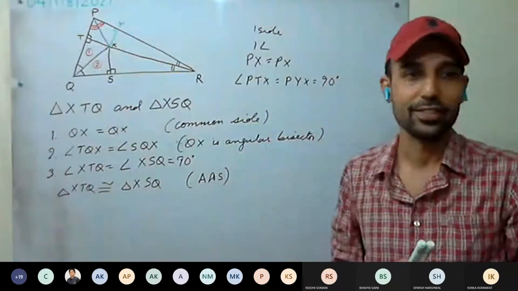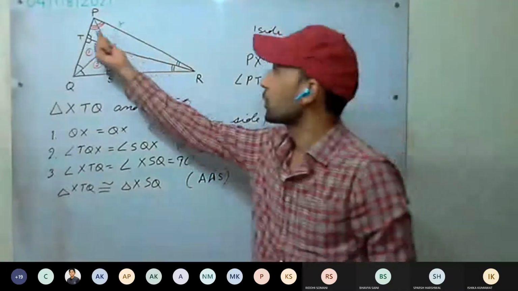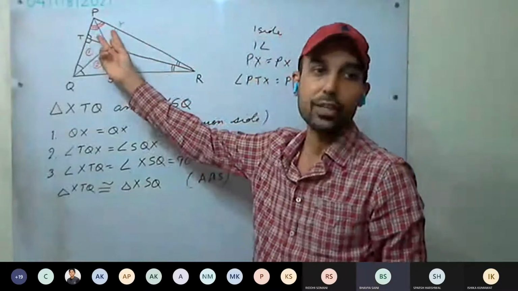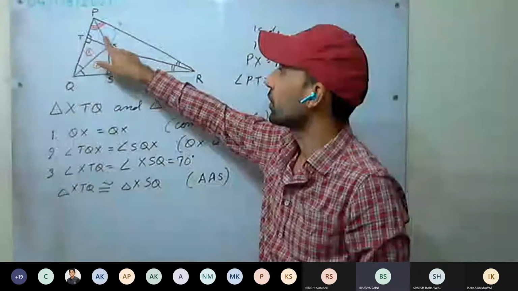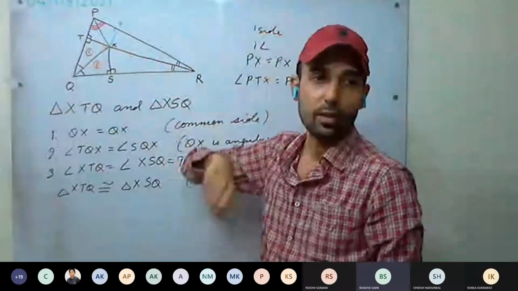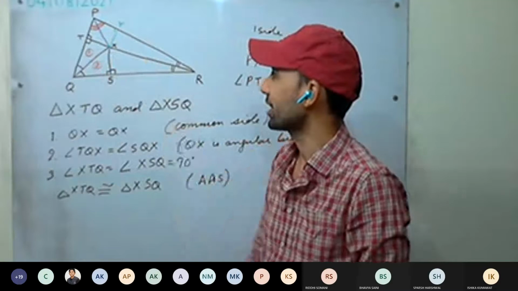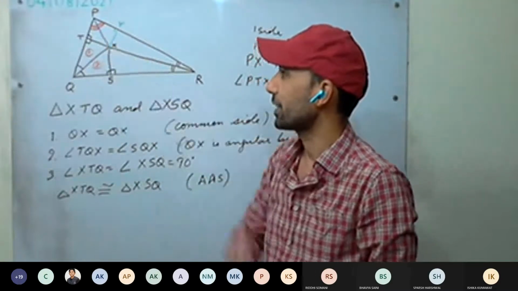Are we able to prove these two angles to be equal? That means you have to prove these two triangles are congruent. If we take angle X around the point, we do not know, it is 360 degrees. But what will be the use of that if you are taking angle X around 360 degrees? We won't be able to prove these two angles are equal by that even.